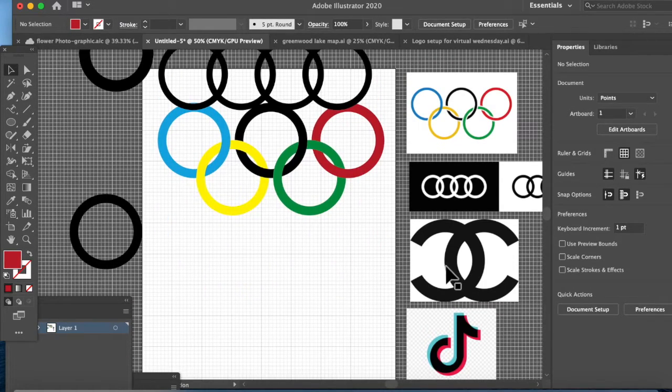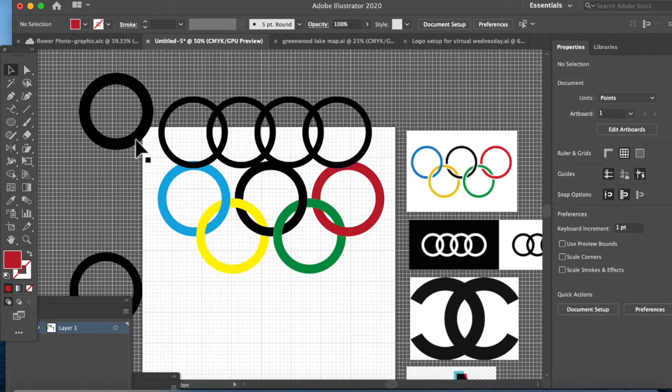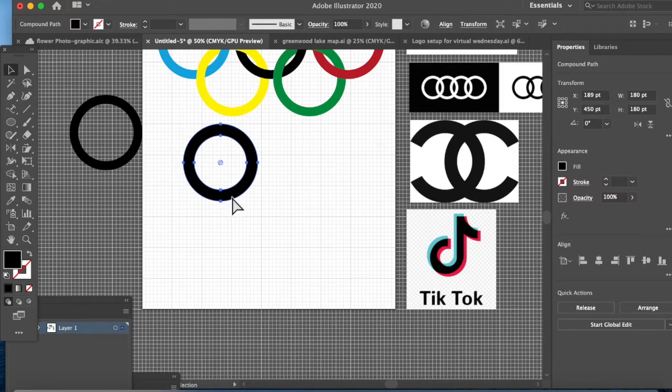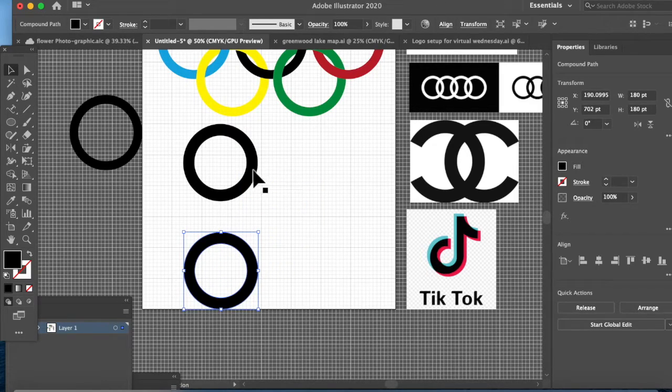Okay, this Chanel logo has a very similar thing going on. So I'm going to bring this ring down here. It's a little thicker than the other rings, so I made an extra thick one previously. But it's the same idea, and actually I'm going to use the same shape for the TikTok logo down below, because that also has a ring shape in it. And this shape, you also would have a